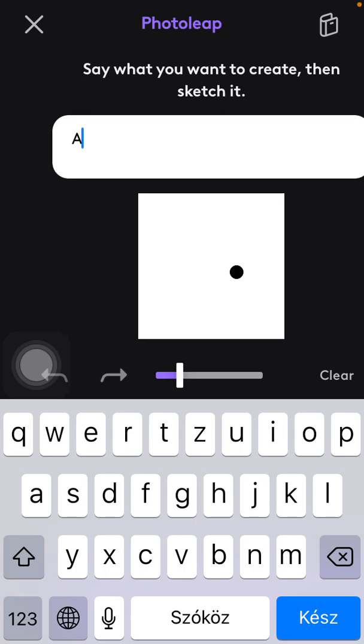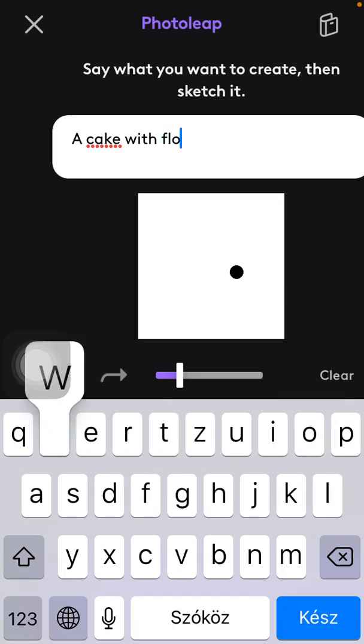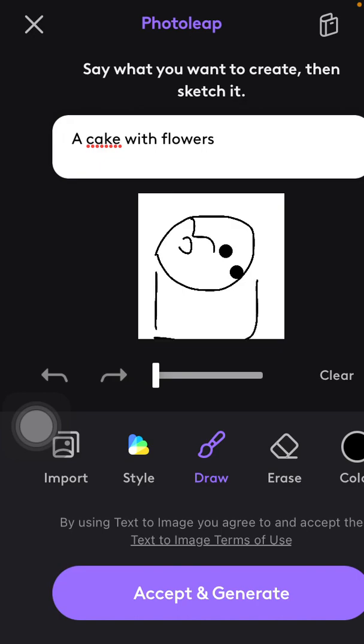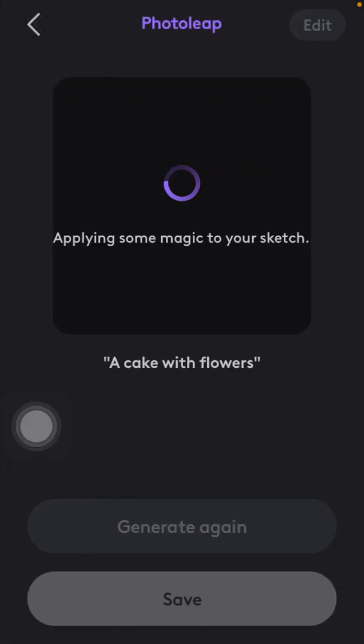For example, a cake with flowers on it, but you can have more extra ideas, and then provide a drawing. If you are done with it, tap on the accept and generate button,